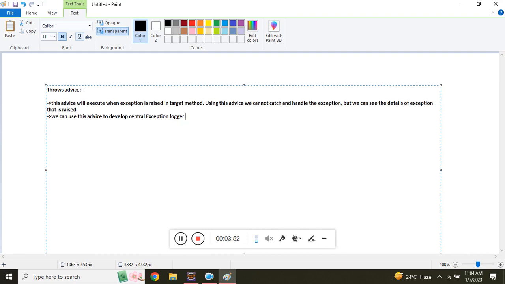We can catch and handle exception raised by target method in our client app, where target method will be called. Okay, and next point is to develop the advice we need to take the class implementation of our throws advice interface. Okay, throws advice is our marker interface. Marker interface means empty interface. For marking purpose we use this interface to tell the compiler